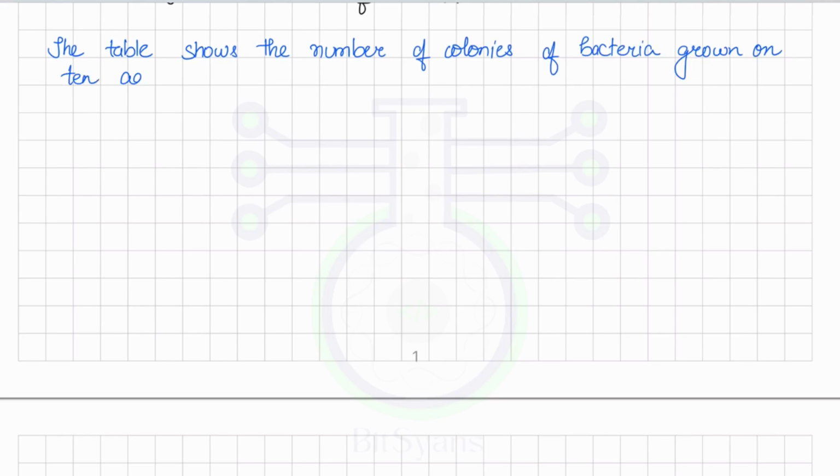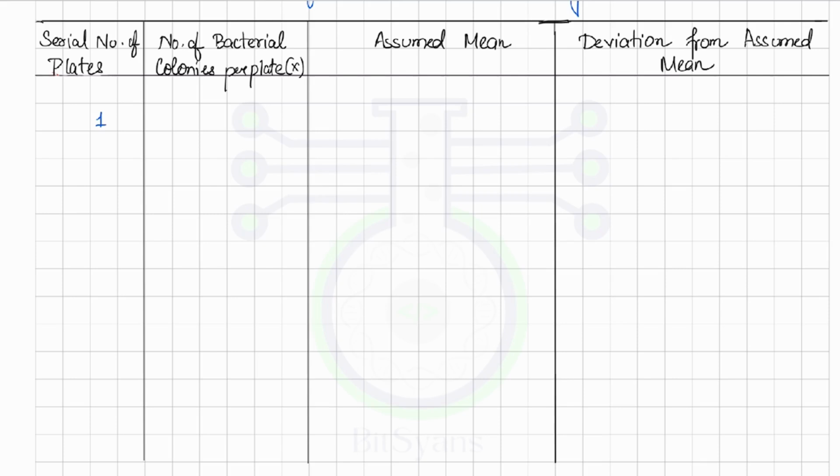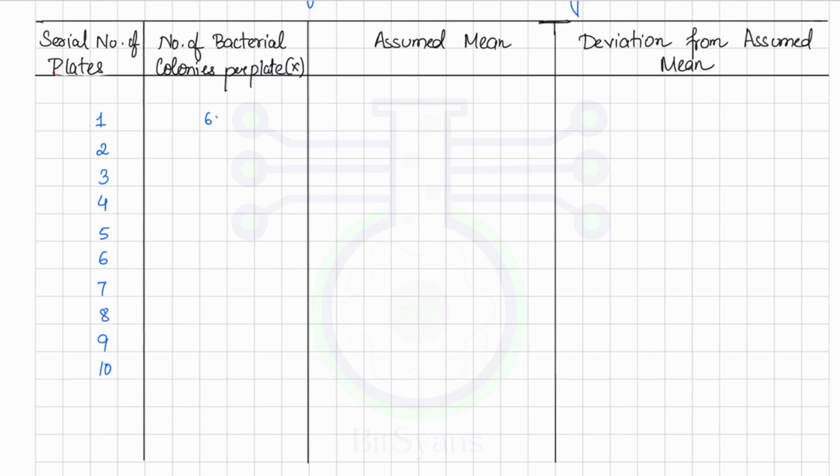Now let's see an example to understand how we can solve the arithmetic mean using the shortcut method. So for example, the table shows the number of colonies of bacteria grown on 10 agar plates. Calculate the arithmetic mean by using the shortcut method. So let's make a table where we already have the serial number of the plates, the number of bacterial colonies, which is x. We have to find the assumed mean and the deviation from the assumed mean, because that is what is given in the formula. So let's say the serial numbers of the plates are 1, 2, 3, 4, 5, 6, 7, 8, 9, 10. And the number of bacterial colonies per plate is 60, 70, 80, 95, 100, 110, 115, 130,